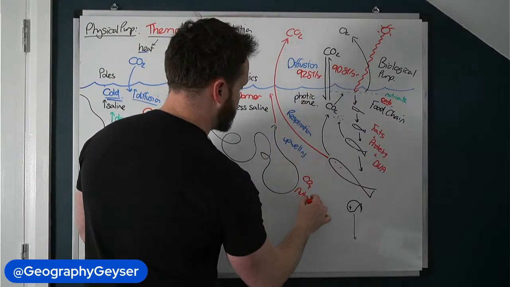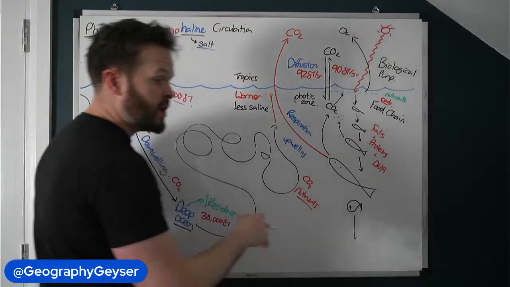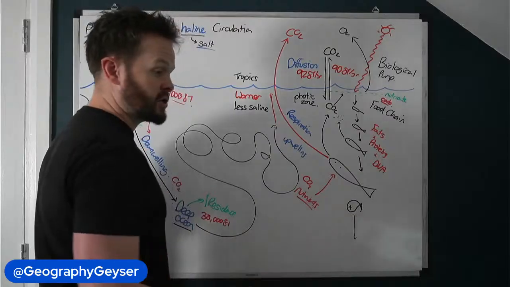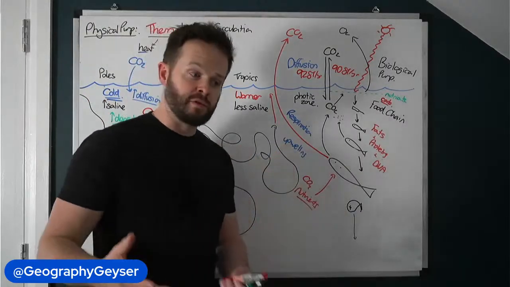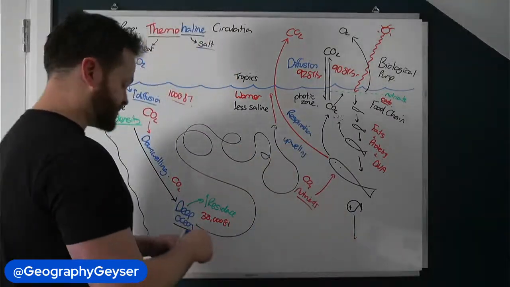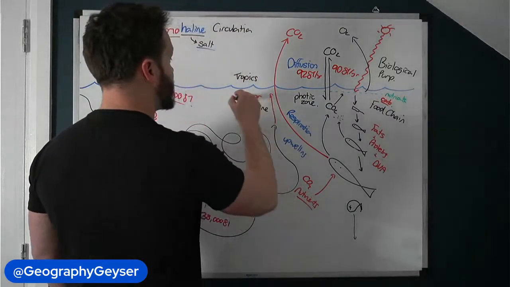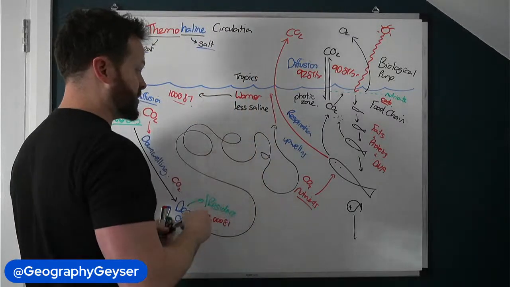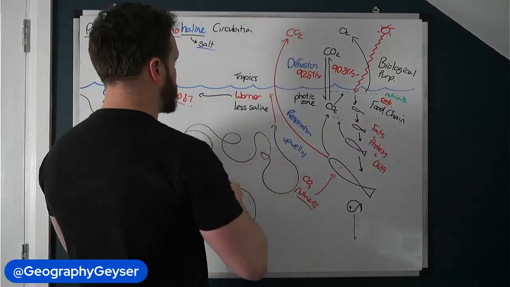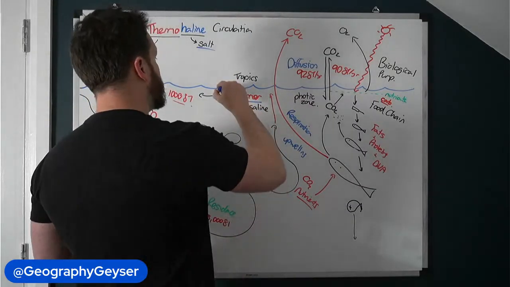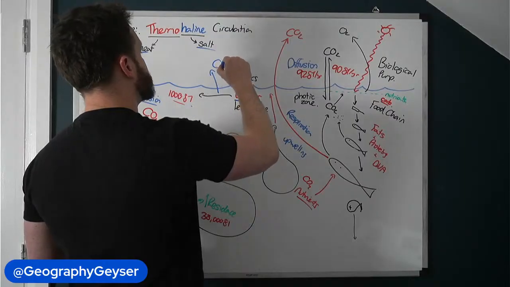Now, this is really important because not only are we bringing CO2 up to the surface, we're also bringing nutrients. Yeah, we have to bring nutrients to the surface because the nutrients support the biological pump. So we're supporting the base of the food web. That's really important. For the CO2, and again, this all comes back to the regulation of the carbon cycle. It provides a way when in warmer water, CO2 is less soluble, so then it is released into the atmosphere.